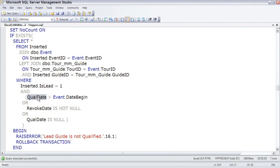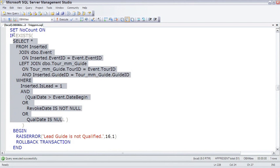If any of this is true for any of the rows that are being inserted or updated, then this trigger will say, hey, this is a red flag, and we're going to just reject this entire transaction. So it's a full transaction go or no go. What we're not doing is something like a line item veto and saying, this guide is okay, this guide is not okay. So on an entire transaction basis, if there's any problem whatsoever,